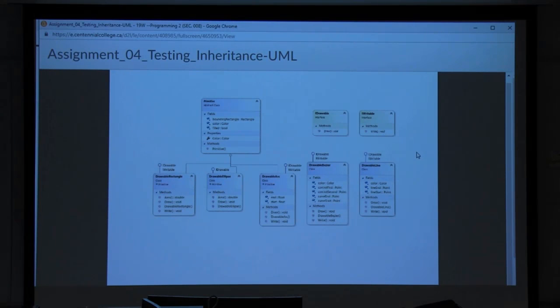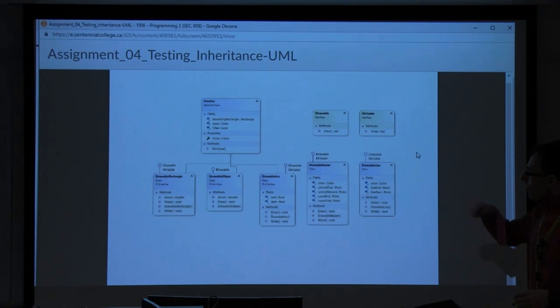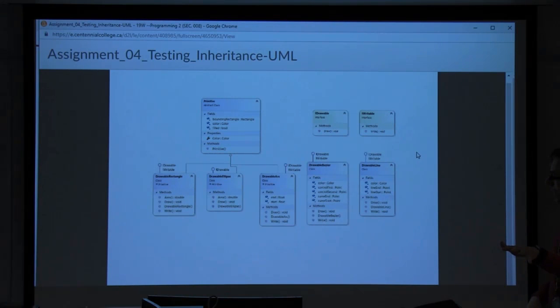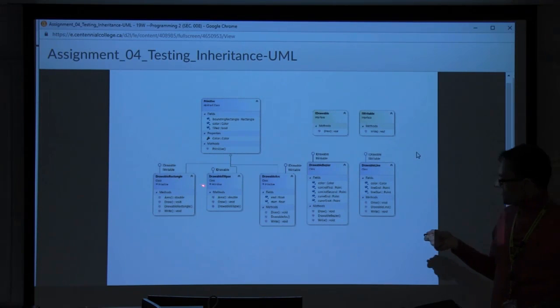Shane, you had something. So there's only one property for the whole thing? I only see the primitive thing has properties. Oh, properties. Good point. Let me see here.